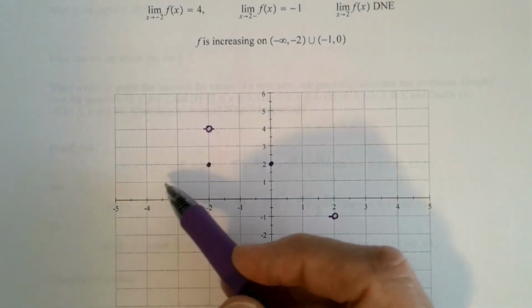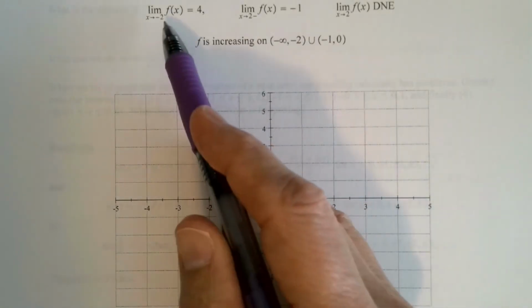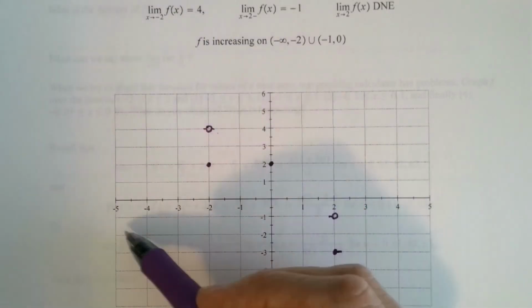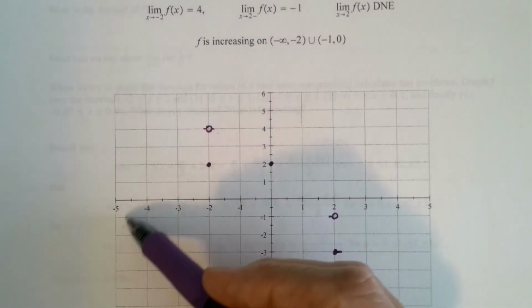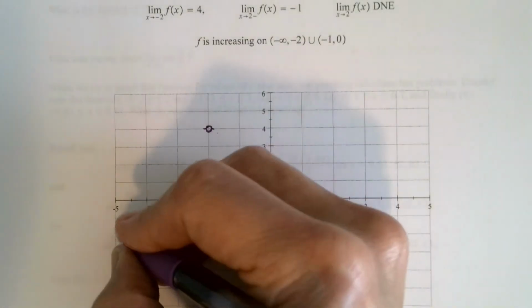And so where am I going to go? Am I going to go to this point? Am I going to approach this point? No, remember the limit had to be equal to 4 as x approaches -2. So in particular from the left, we've got to be approaching up there, and I've got that little mark to remind me of that. And so I'm just going to bring this up